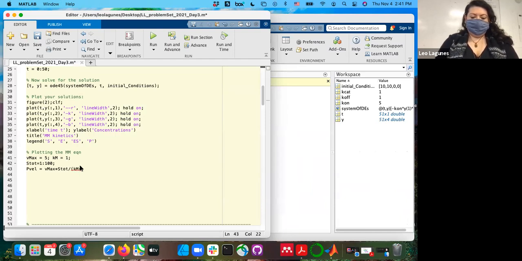Km plus S tot. And because we want a value for every single S tot, we're going to use the dot operator in MATLAB. And then to plot,